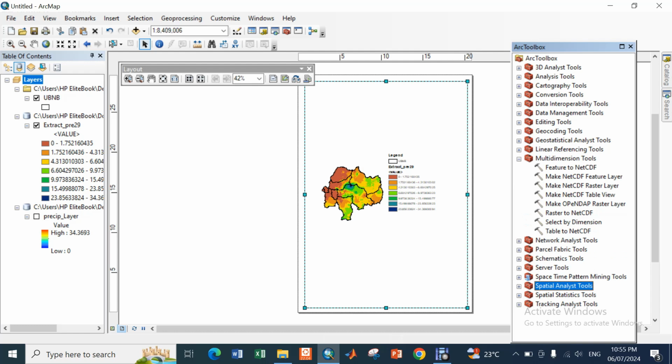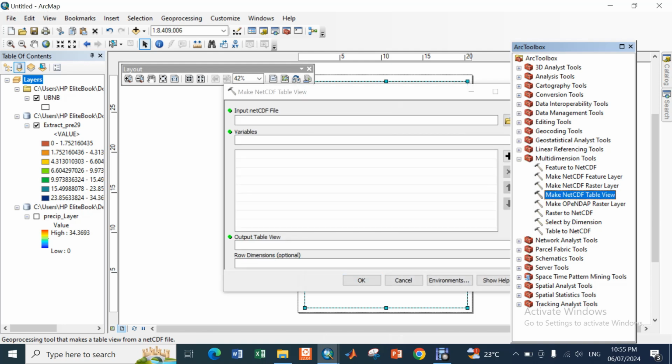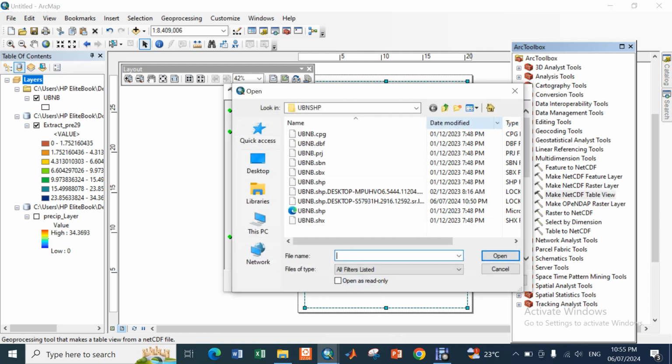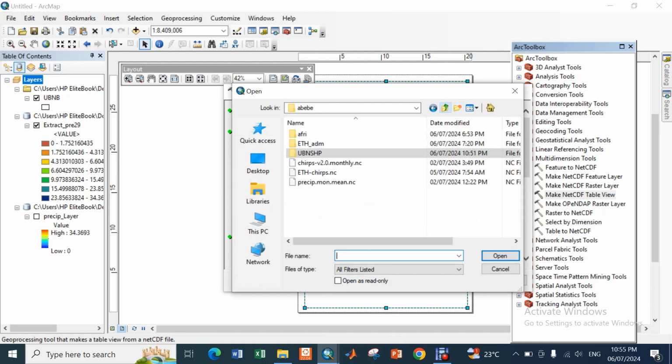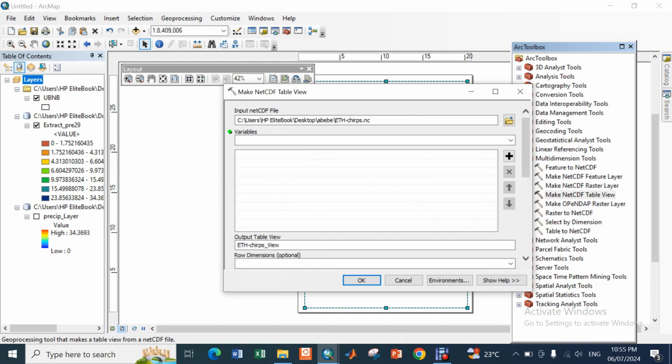Then you can go to NetCDF table view, we can click here. Then we can go directly to the folder where the data is available. So we can have this data, we can click on it, open. Then we have to insert the variable since we are going to extract the precipitation value. Just precip, we can type as a variable precip, and you can go down